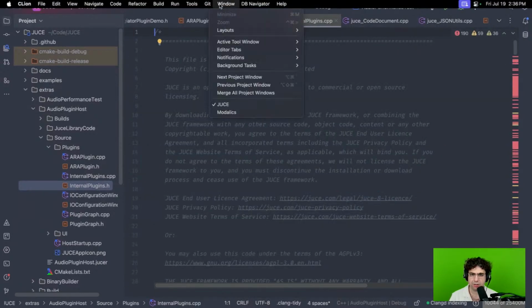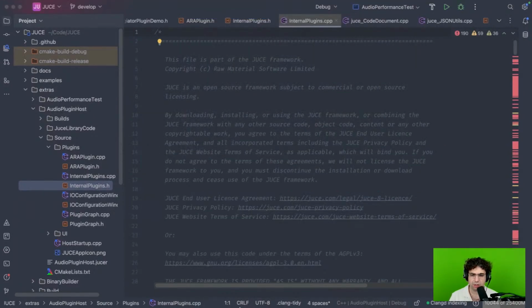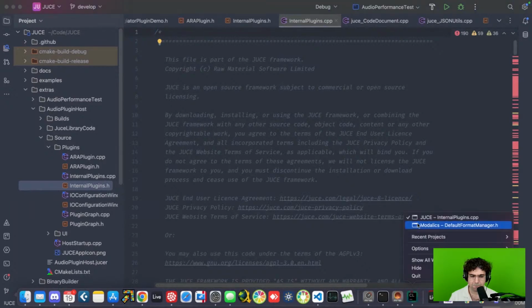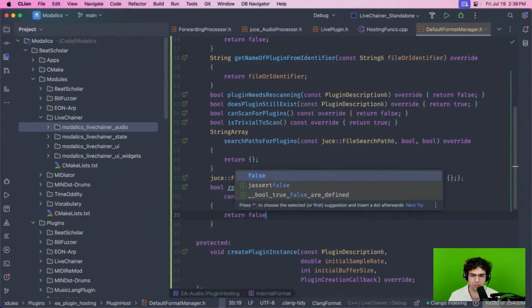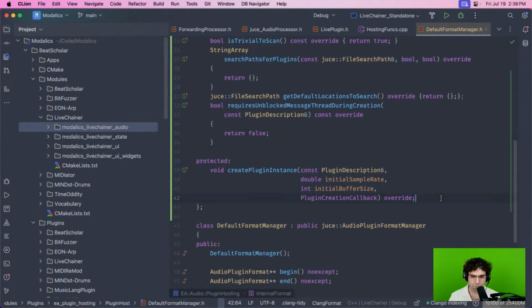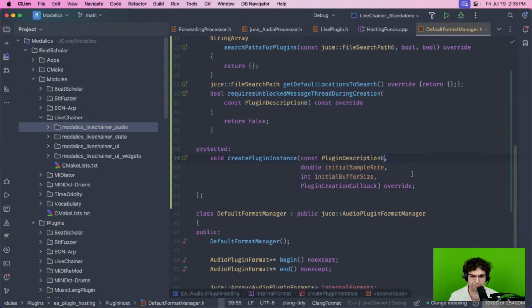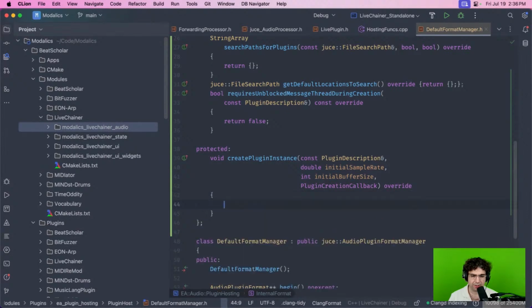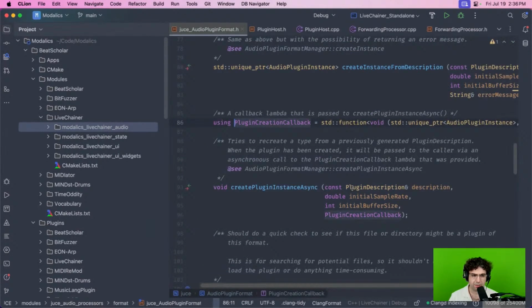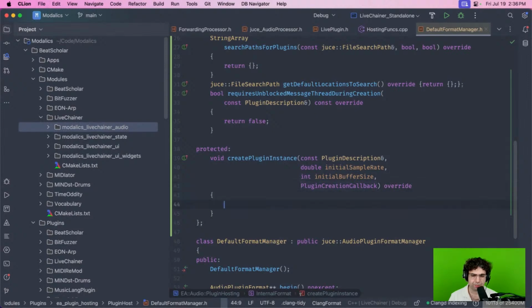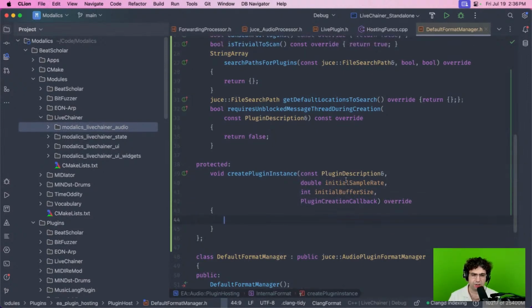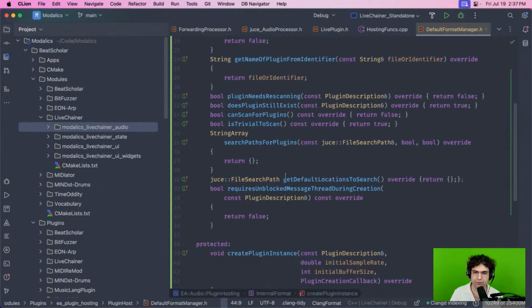Okay, I think this is really the interesting thing here. Create plugin instance. Okay, good. So what I'll do here is I would do something like